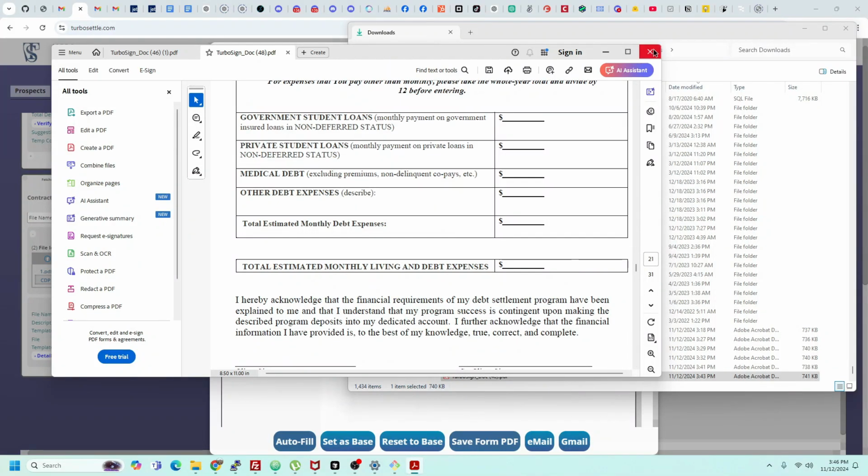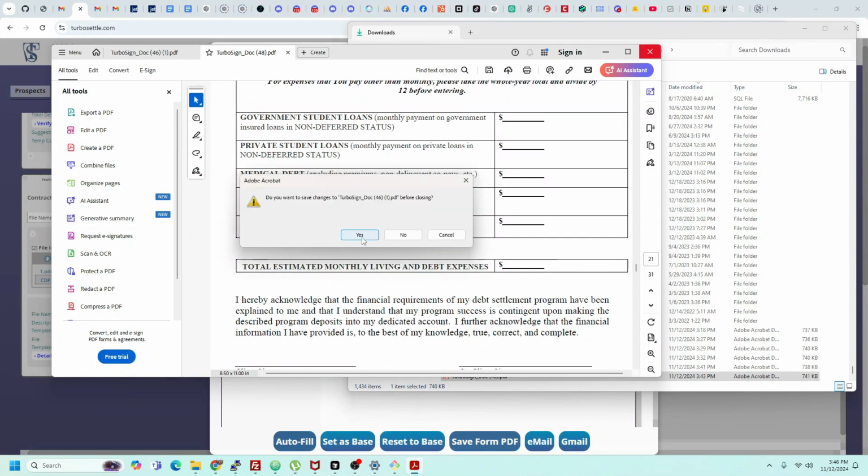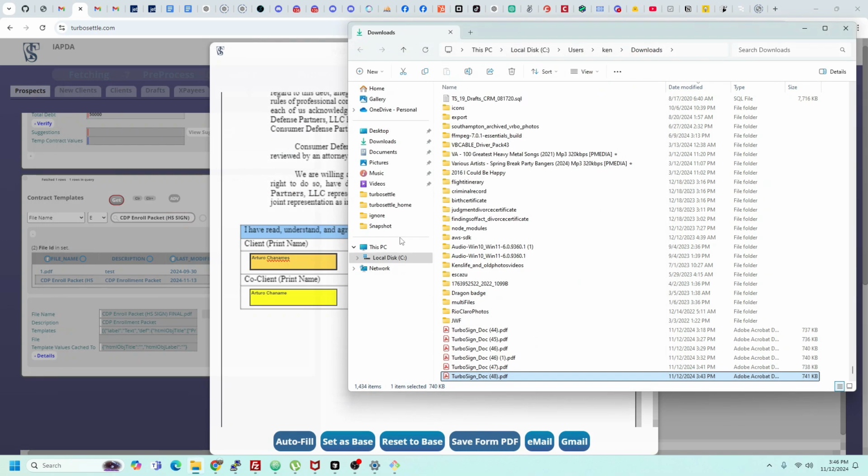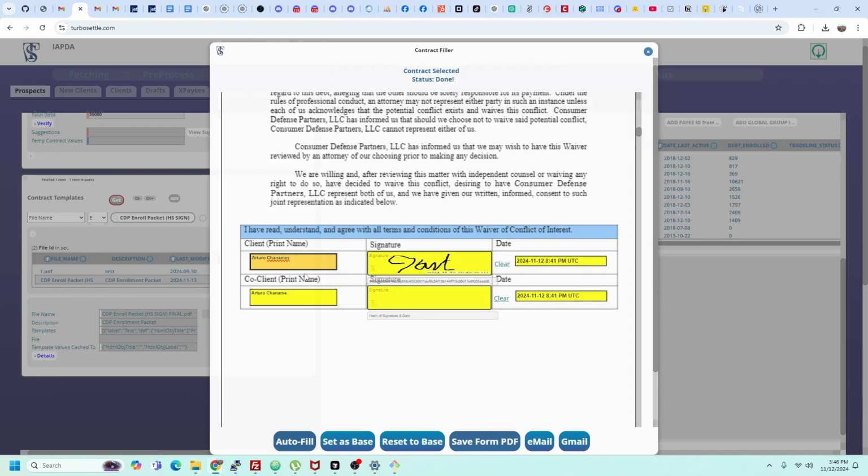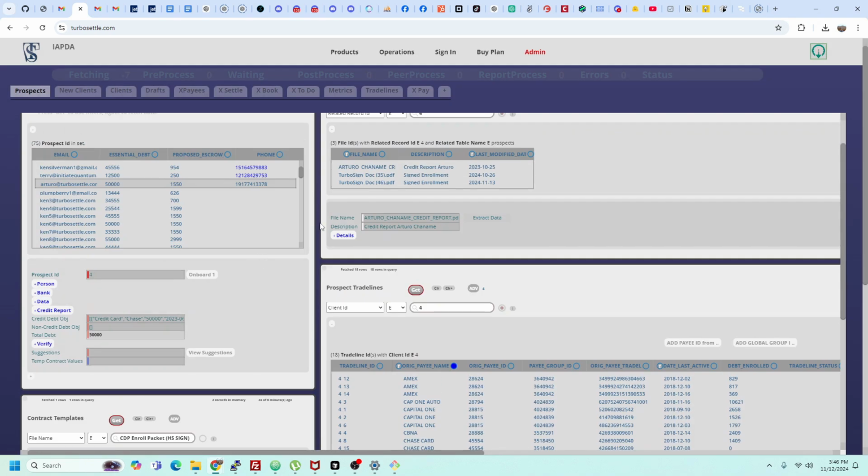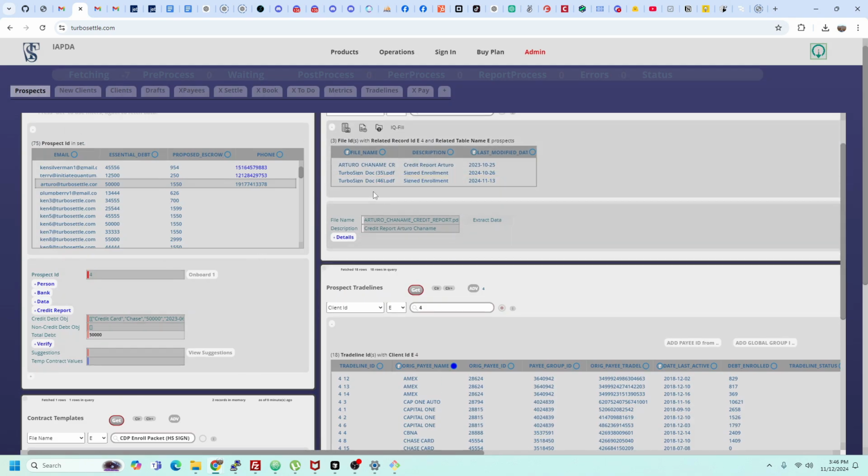And that's it. And now you have it, and now you can actually upload the document. So let's close this out. Now what's really cool first is we might want to extract change data. So what we can do is we can upload this new document. So let's go into